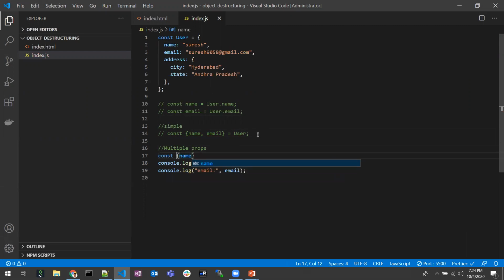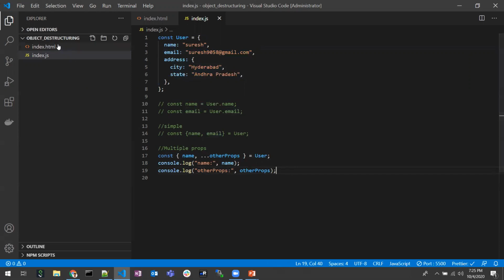I'm interested in only the name property and I'm not interested in any of the other properties here. So there I can give it like this, the spread operator with otherProperties. Here I'm talking about multiple properties assignment. A user consists of multiple properties and I'm interested only in one property. The rest of the properties I may also use further. So I'm assigning those properties to otherProperties. All the remaining properties other than name would go into otherProperties. Let's see how it looks in the console.